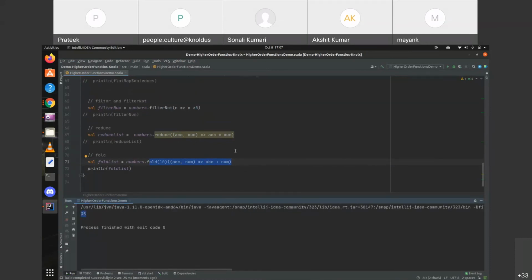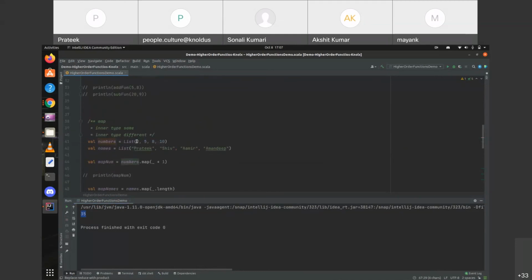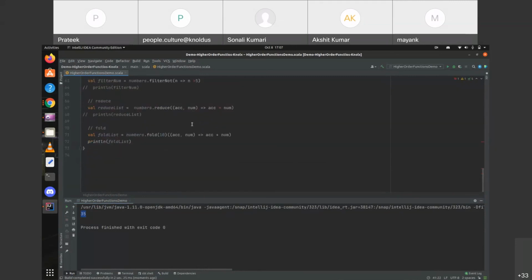So as I discussed, in case of reduce, we cannot use reduce with an empty list. So let's say we remove all the elements here, this will give us an error, but fold will not give us any error.